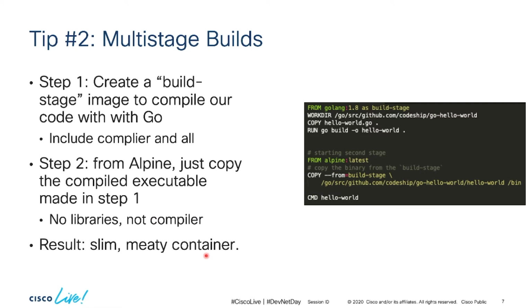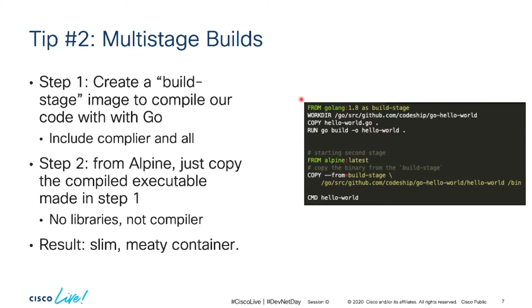I've seen many times a need to compile a program, for example, in this case a Go program in Golang, and then use that container. And I've seen many times that the compiler and everything remains in the final container. But once the container is running, you don't need that compiler anymore. You need the compiler just when you build it. So you can use something called multi-stage builds in Docker so that you can split your Dockerfile in multiple